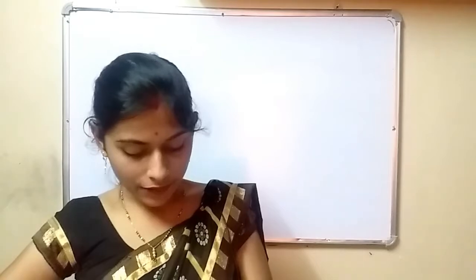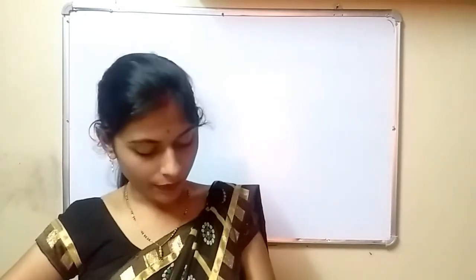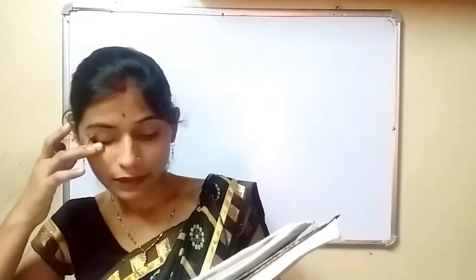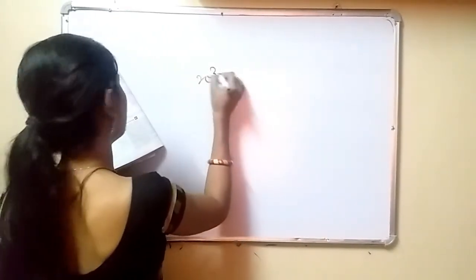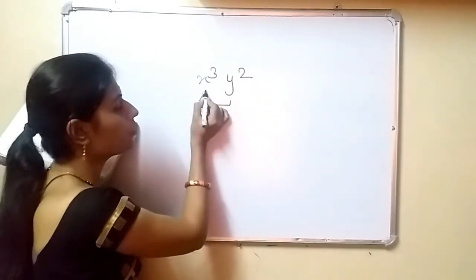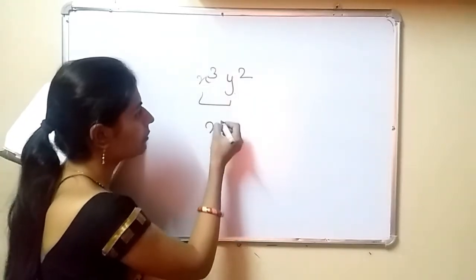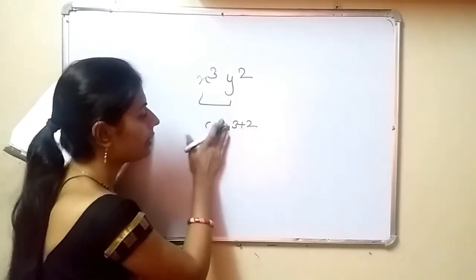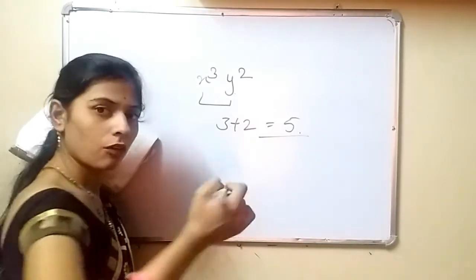When variables with powers are multiplied, the powers are added to decide the degree of the term. For example, if there is a term x cube y square in the polynomial, then the degree of this term is, see, x cube and y square. So what is the degree of the term given here? Two variables and 2 powers are given, so the powers will be added: 3 plus 2. So the degree will become 5.